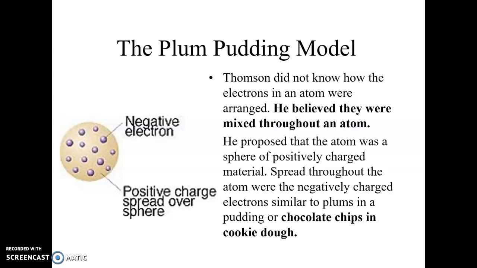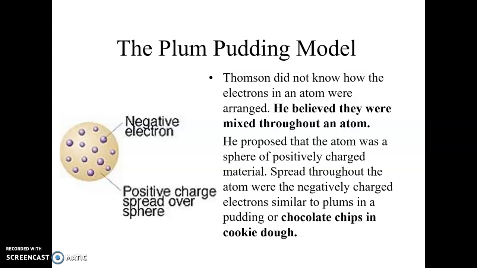And so he develops a new theory. He develops a model of the atom called the plum pudding model. All that he knew is that things are made up of atoms, from John Dalton, and that there are tiny little particles inside of these atoms that are negatively charged. So what he believed to be true was that the atom must be essentially a mass of positive that has negatively charged little tiny electrons in it, much, much smaller than the atom itself.